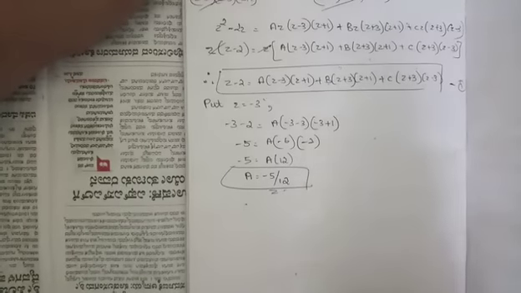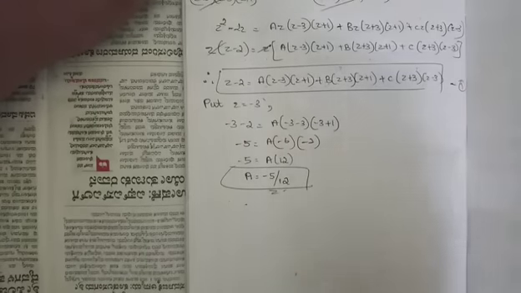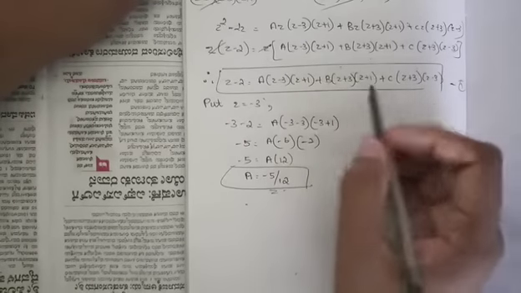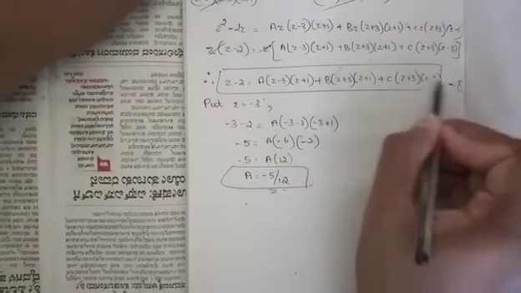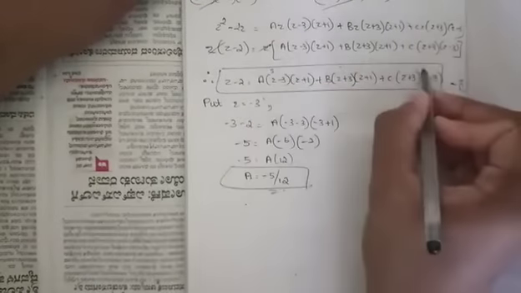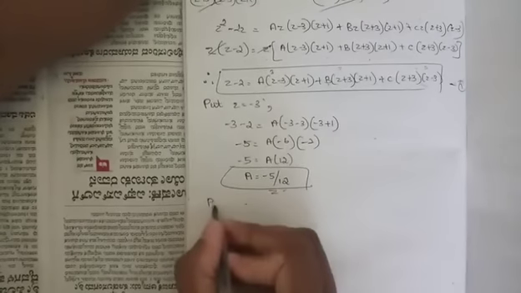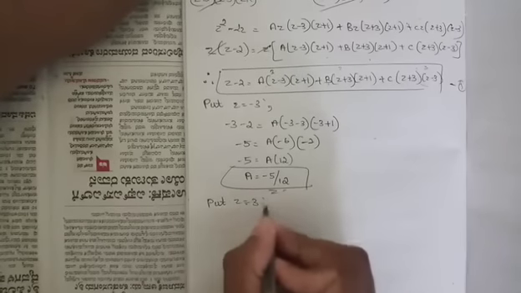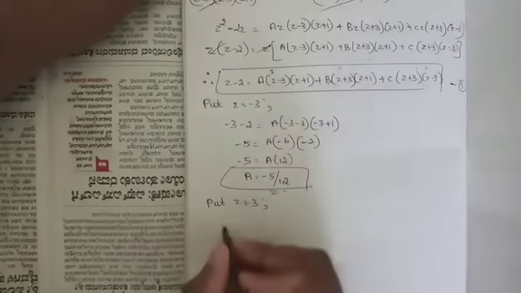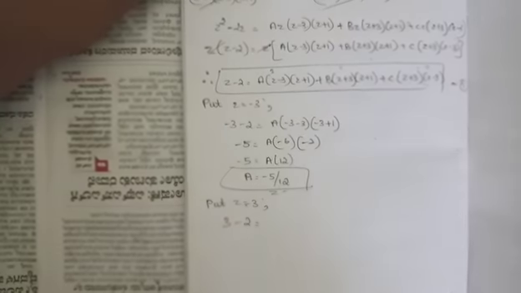So now similarly find the value of B. In order to find the value of B, the common term here is z minus 3. So you need to put the value of z as 3 to make these two terms 0. So put z equal to 3. So 3 minus 2 equal to,